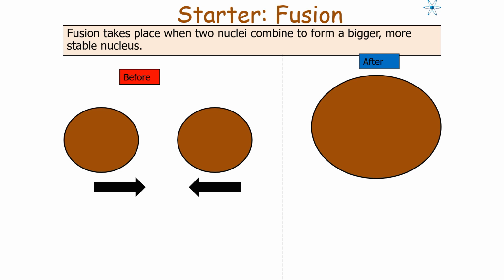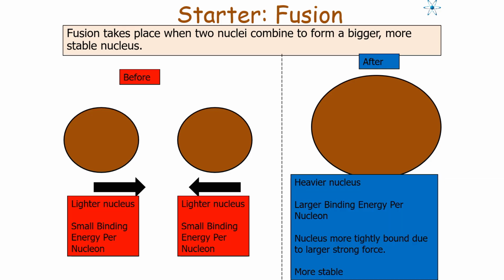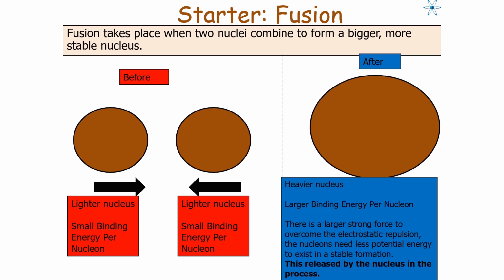So fusion takes place when two nuclei combine to form a bigger, more stable nucleus. Beforehand you've got two lighter nuclei with a smaller binding energy per nucleon, and afterwards you've got a heavier nucleus with a larger binding energy per nucleon, so the nucleus is more tightly bound due to the larger strong force, so it is more stable. It's important to note that there's a larger strong force to overcome the electrostatic repulsion, so the nucleons need less potential energy to exist in a stable formation, so this energy is then released